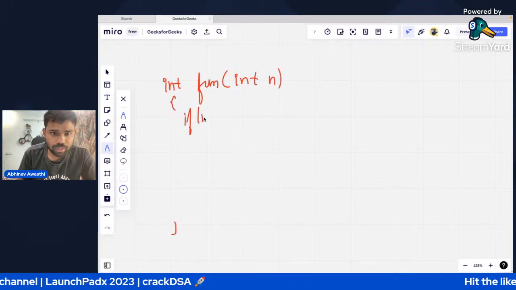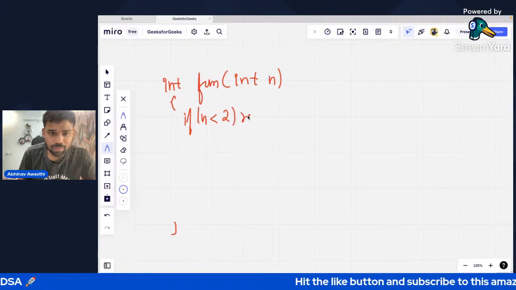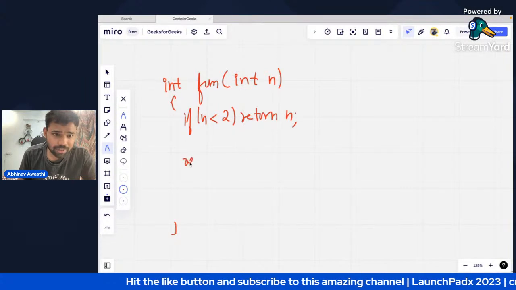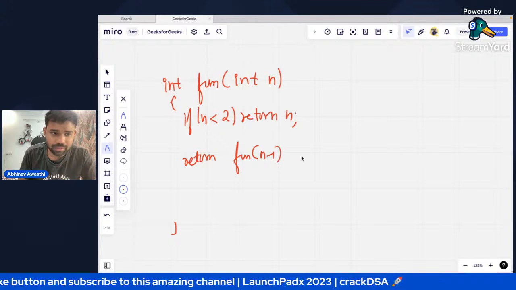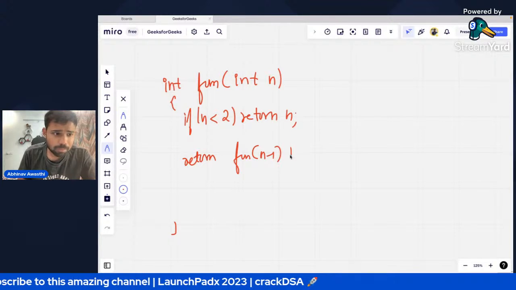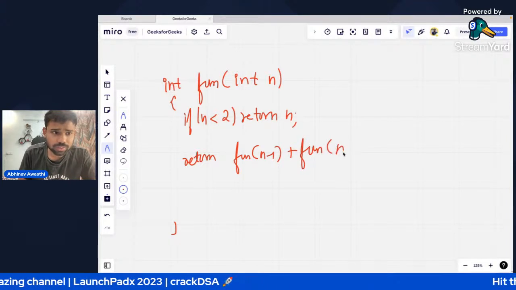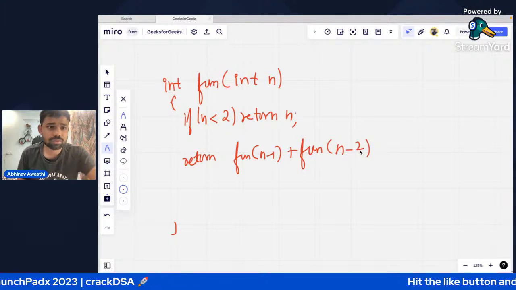If n is less than 2, I am returning n. Else, I am returning the value of function(n minus 1) plus function(n minus 2).